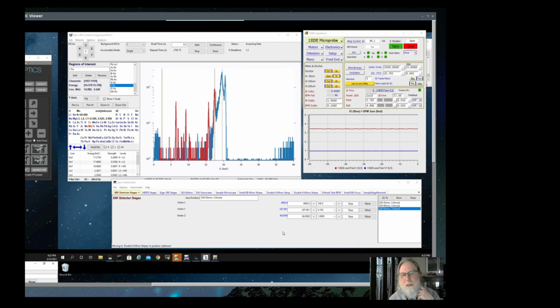But first, to wrap up this video, I'm going to show you this screen here, the 13 IDE Microprobe screen. This is an interface to our low-level EPICS data acquisition system. We don't expect you to actually drive these screens much at all. These are mostly for information purposes, but I'm going to show you what information you may want to look at